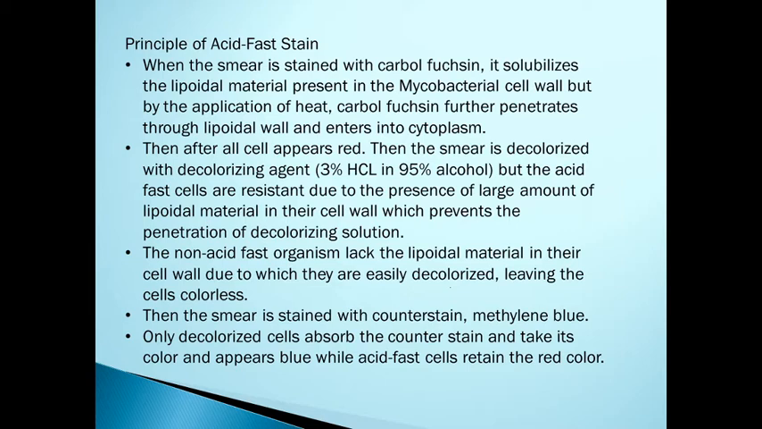And the non-acid fast organisms, as they lack the lipoidal material in their cell wall, get easily decolorized, leaving the cells colorless. Then, to observe these decolorized cells, the smear is stained again with the counter stain, that is either methylene blue or even malachite green, and only the decolorized cells absorb the counter stain